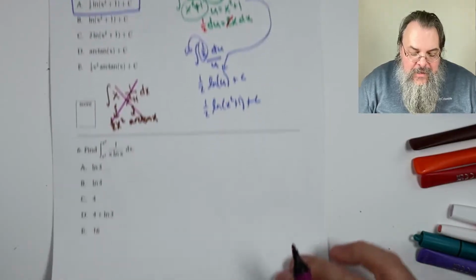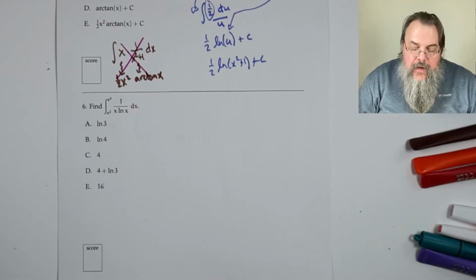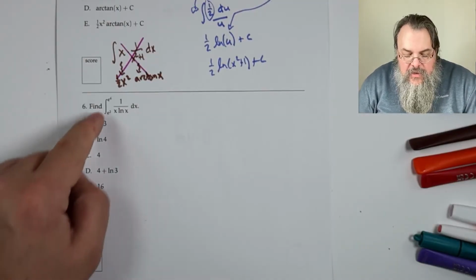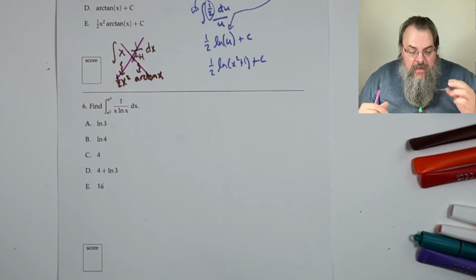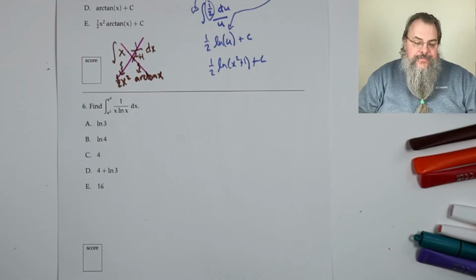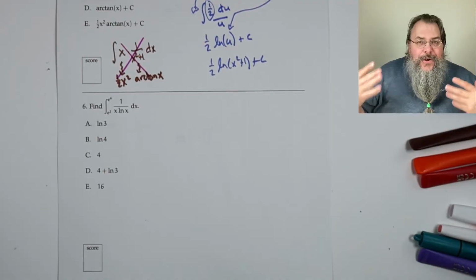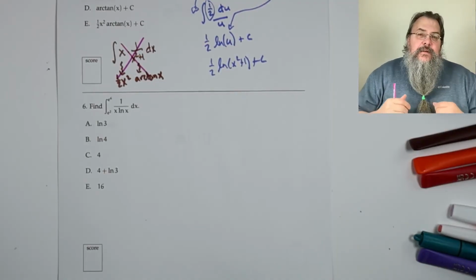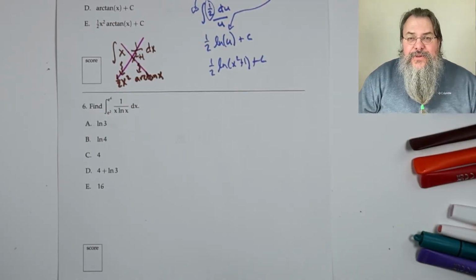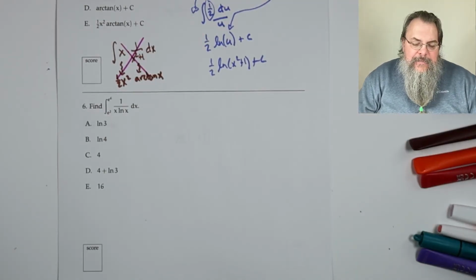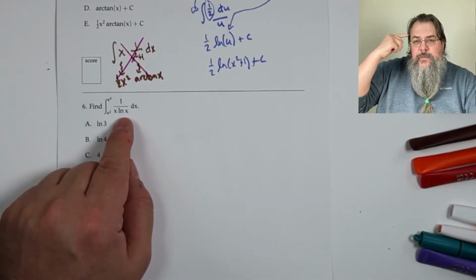Okay, number 6. Find the integral of 1 over x log x. And now this is a definite integral because we have bounds. The previous one didn't have bounds, so that's why you needed a plus c. So, what can we do? Well, kind of the same process. We don't quite recognize this, but we say, is it close to something we can do, or is there a good substitution to make? And I see a log x, and sort of when I see pieces, I start thinking,